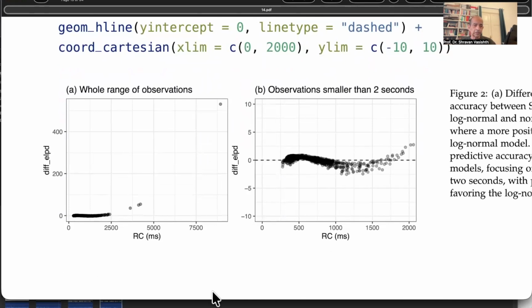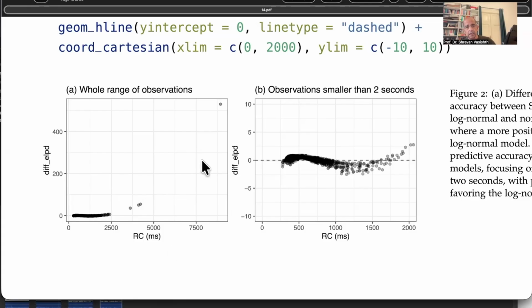So what you'll notice is that the reading times are ranging from some short number here, like 50 milliseconds or something, all the way up to something like, I don't know, 9,000 milliseconds, right? So 9 seconds. And so this long tail in the reading times is also going to show up in the difference in the